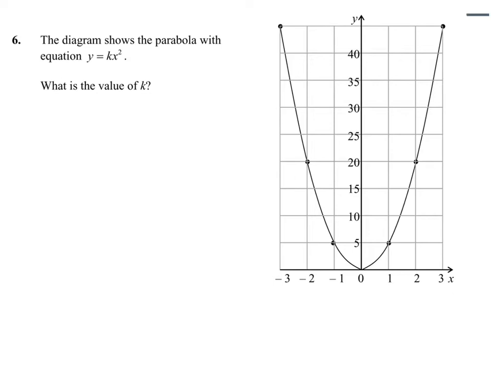I want to work out the value of k, so I'm going to pick one point on the graph. I'm going to pick this point here. That point has coordinates 2 along and 20 up. So (2, 20). The x value is 2, the y value is 20. I'm going to substitute those values in here. So y